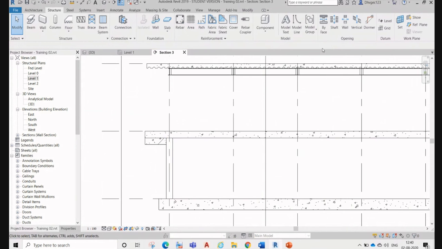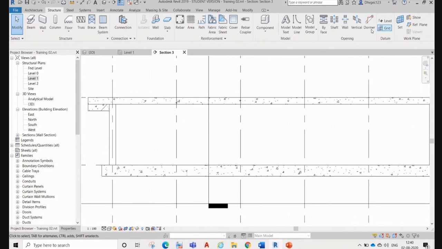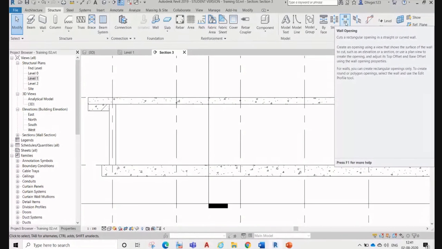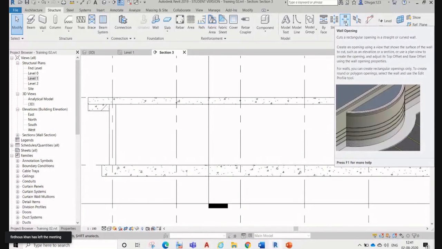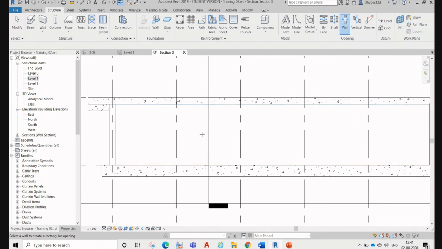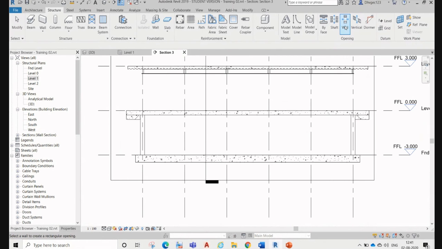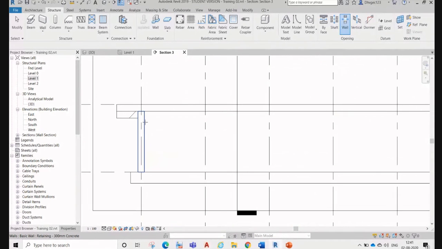Now we want to put one opening, so go to wall opening. This is a very good thing in Revit: if you go to any tool, it will show a preview of how it works. We select the tool, and then we have to select the wall.